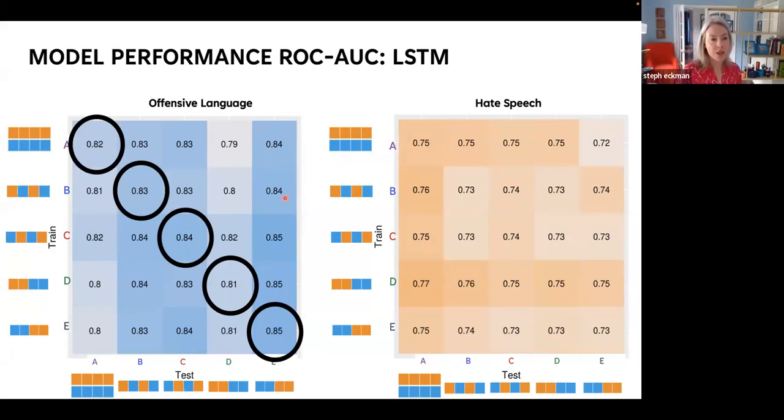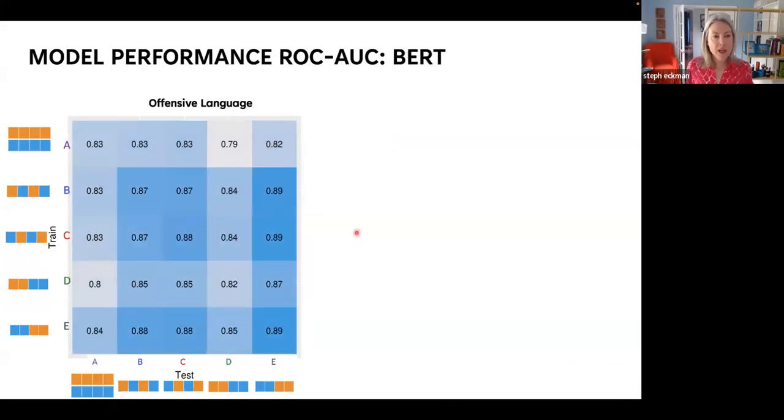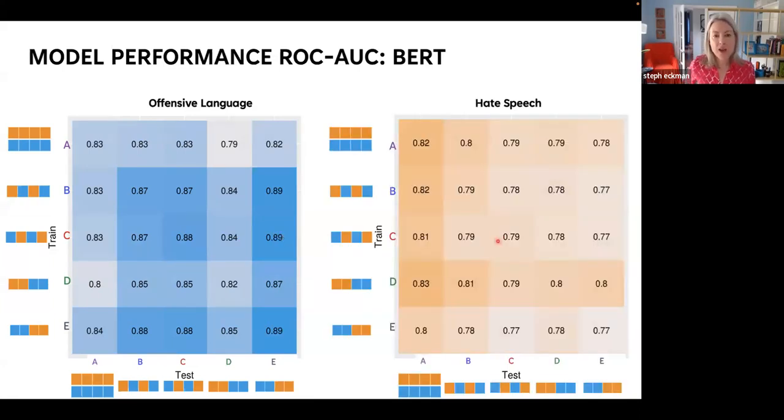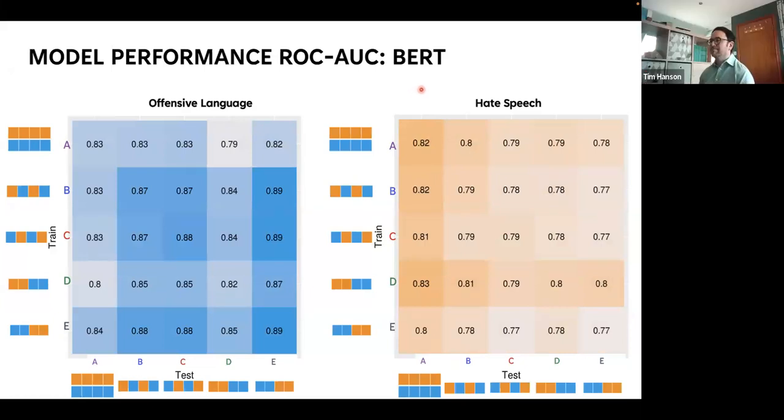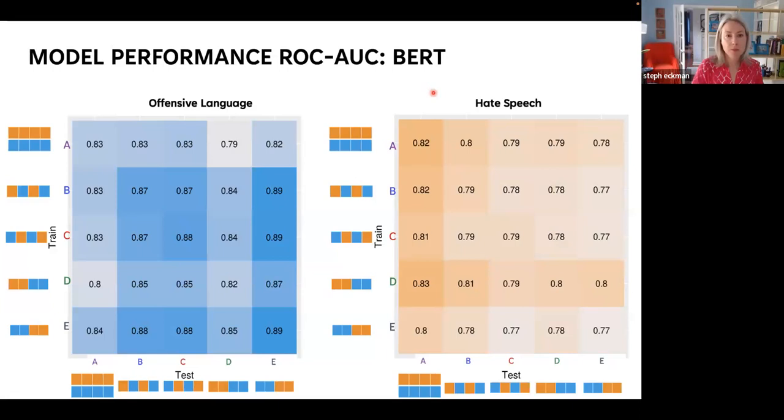No. So this is the differences in the ROC AUCs for the LSTM, which is the not pre-trained model. I haven't actually quantified how these things differ. This is a 5 percentage point difference. Here we see a 4 percentage point difference. I'm just looking at the maximum minus the minimum across the rows here. We see a 4 or 5 percentage point difference. If we look at BERT, they're about the same, right? 79 to 83, 84 to 89, 84 to 89. So I don't think that we have smaller condition effects in BERT versus LSTM. But it's a good question. We can look at that more rigorously.